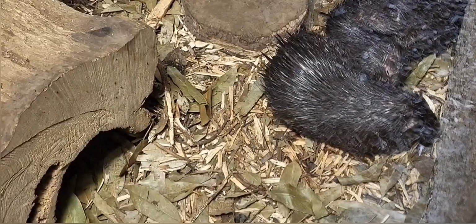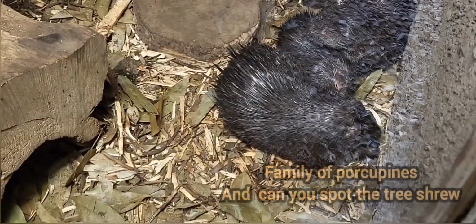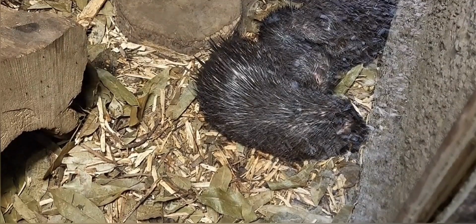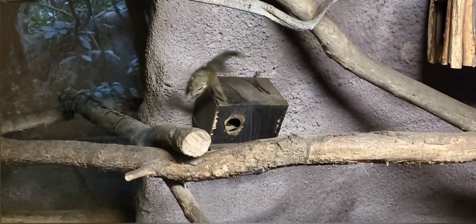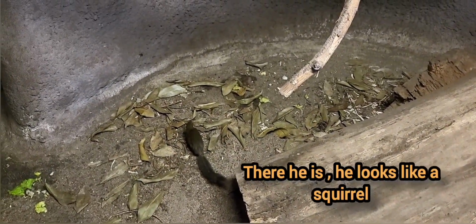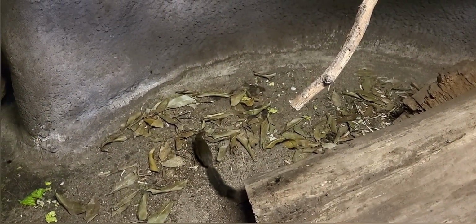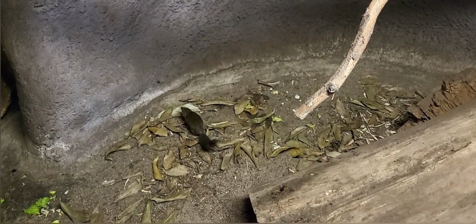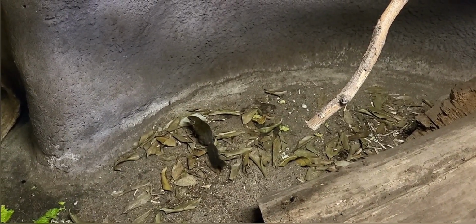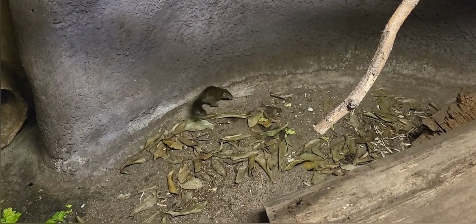Next up, we've got porcupines, and again, look, a beautiful little family of porcupines. And if you just look there on the left of the screen, you'll see him poking his head out, the northern tree shrew. He kind of looks like a squirrel, doesn't he? But his poor old tail is a bit anemic for a squirrel. These guys are actually native to Southeast Asia, and thankfully, they're of least concern according to the IUCN,